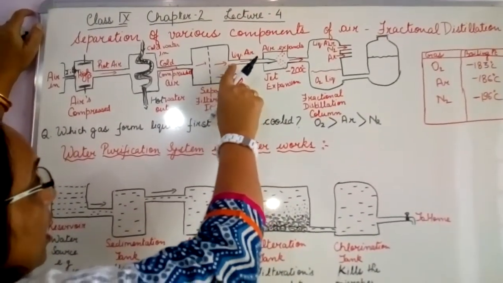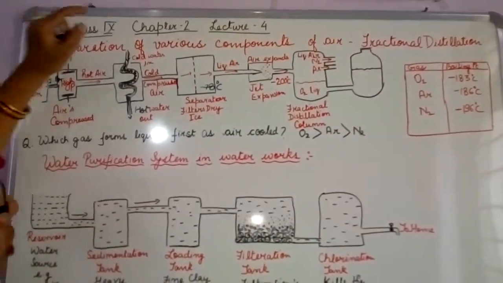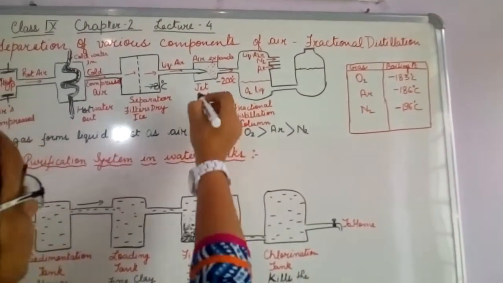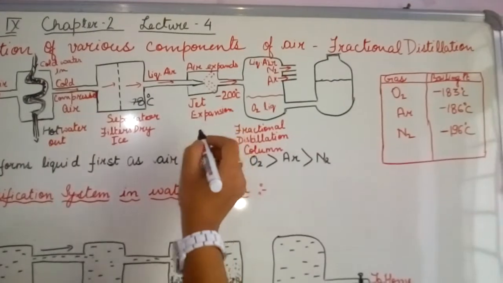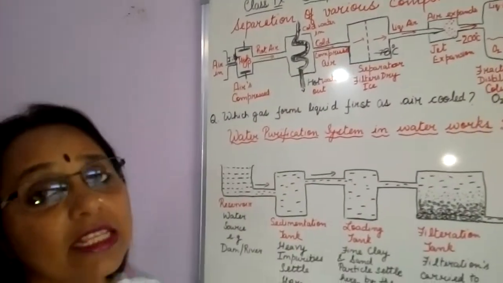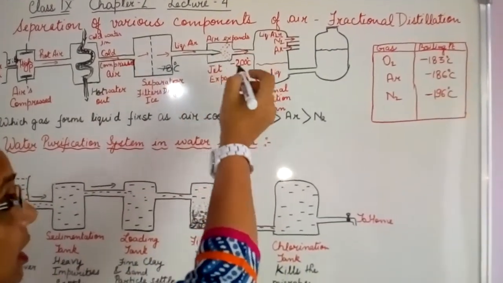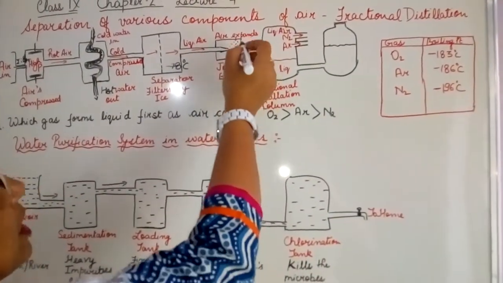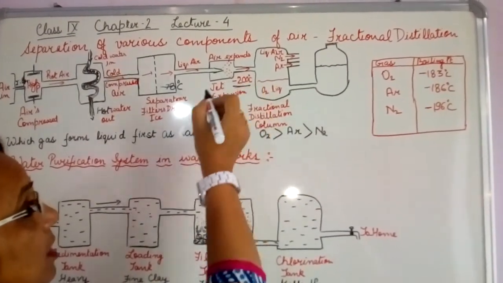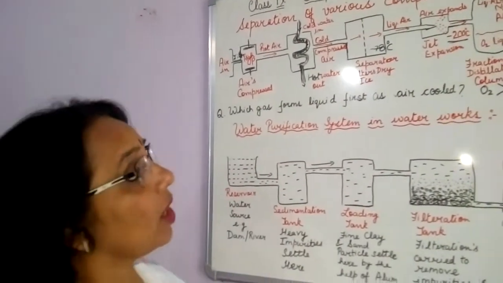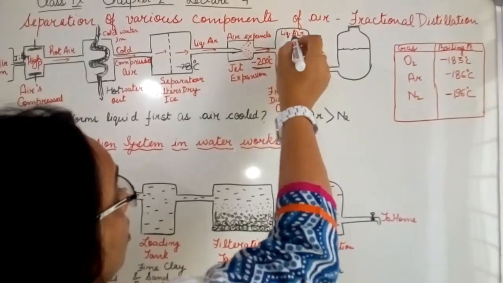At this temperature the air gets converted into liquid air, and it moves out through a small jet. It expands all of a sudden from the small jet, and this process is known as effusion, which you have studied about. As air expands suddenly through a small pore, the temperature of the air falls further and becomes around minus 200 degrees Celsius. So the mixture of air is very cold now, and it has been converted into liquid air.